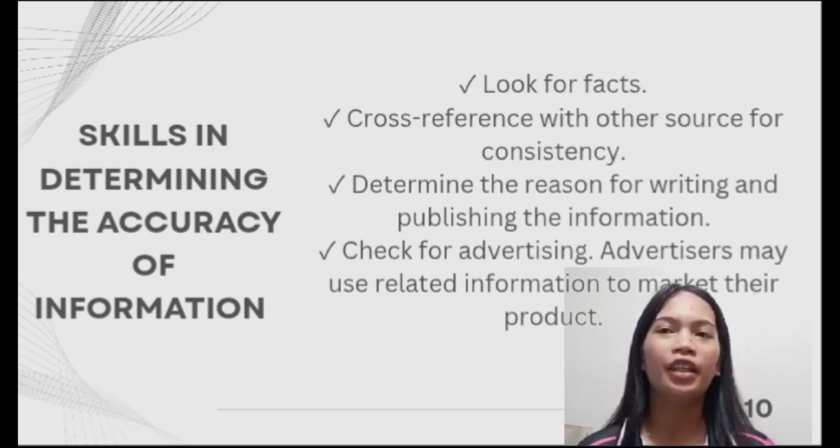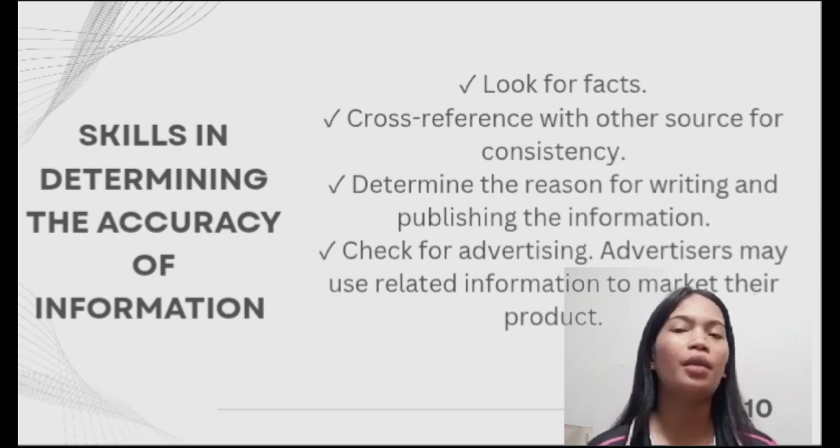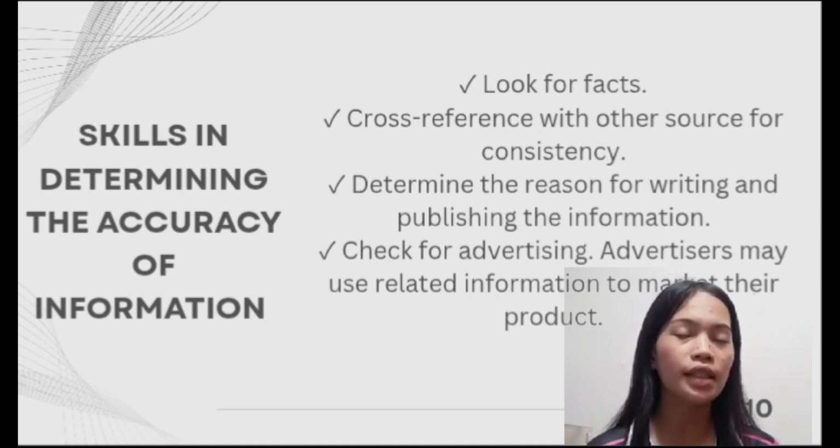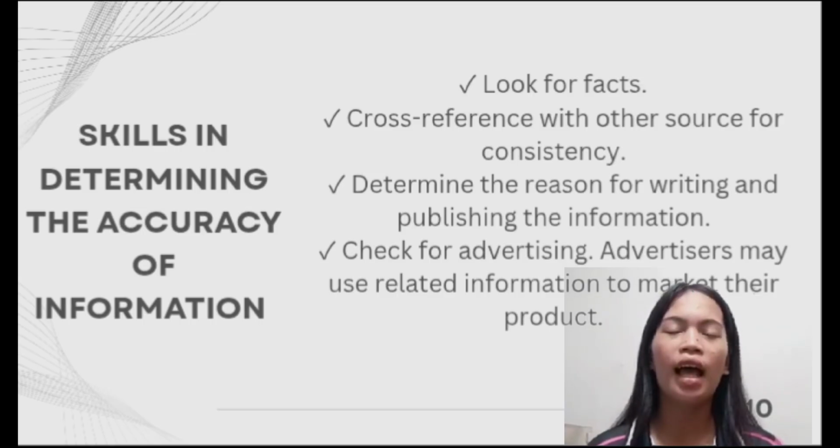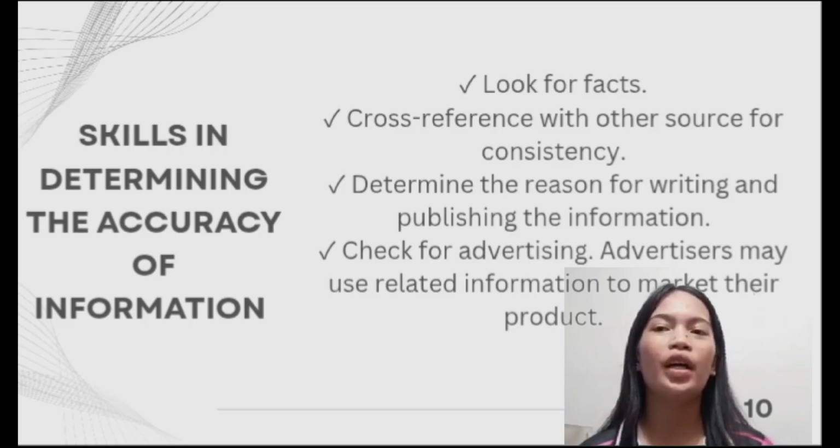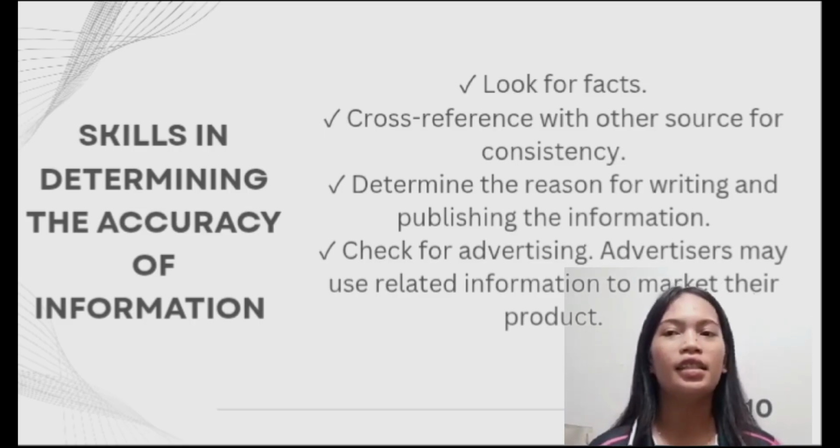Next is determine the reason for writing and publishing the information, so you can consider the author's purpose and potential biases. Lastly, check for advertising. Be aware that advertisers use the related information